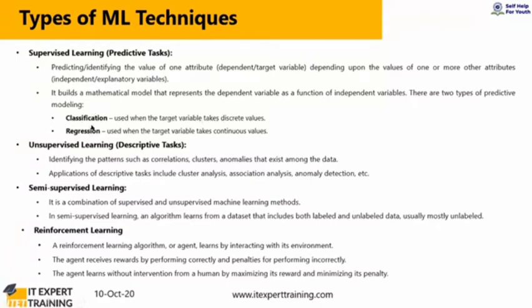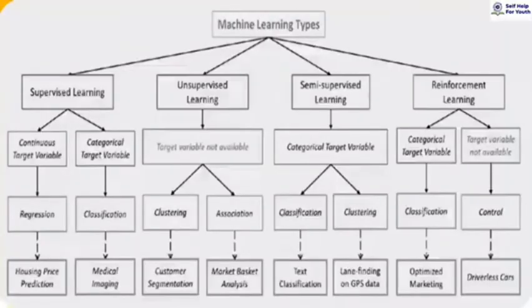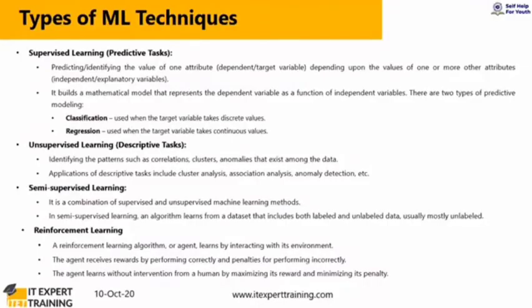So these two categories of methodologies are available under supervised learning techniques, which we use for predictive modeling, where you have a collection of attributes in a data set, one or more independent attributes and one dependent attribute, and you use the values of the independent attributes to predict the value of the dependent attribute.